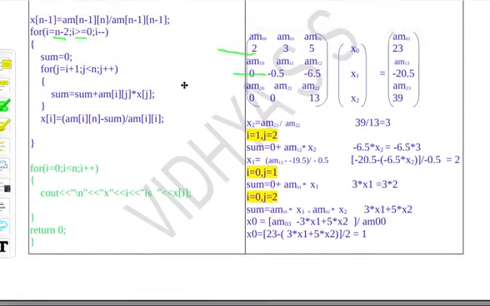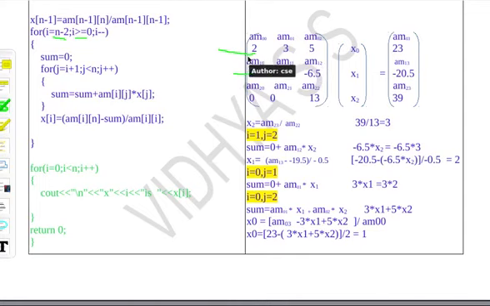Then here what I will do is take this row and take the last element minus, then take the remaining elements after the diagonal element, that is, form the sum.